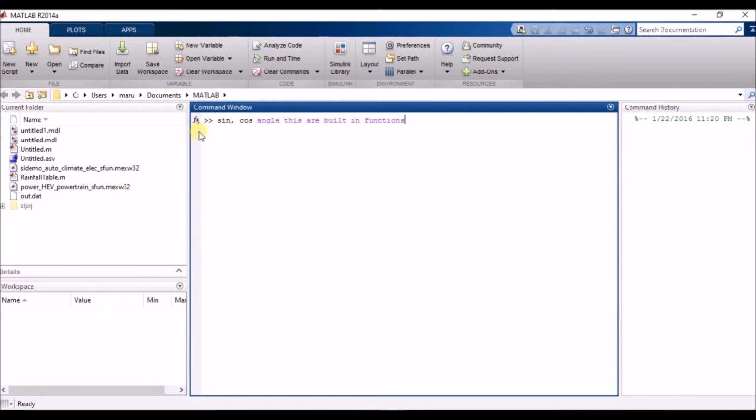And also there are some keywords within MATLAB. Those are if, for, or while. These are keywords.